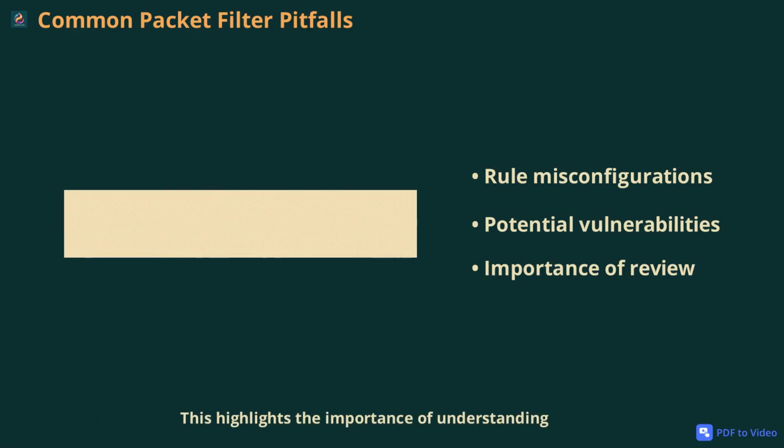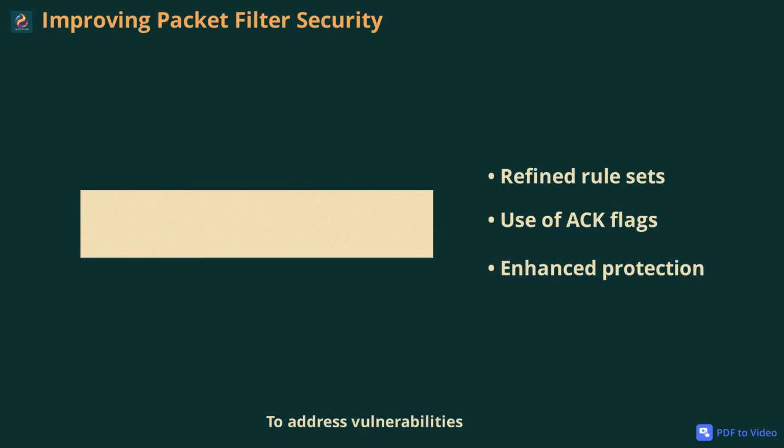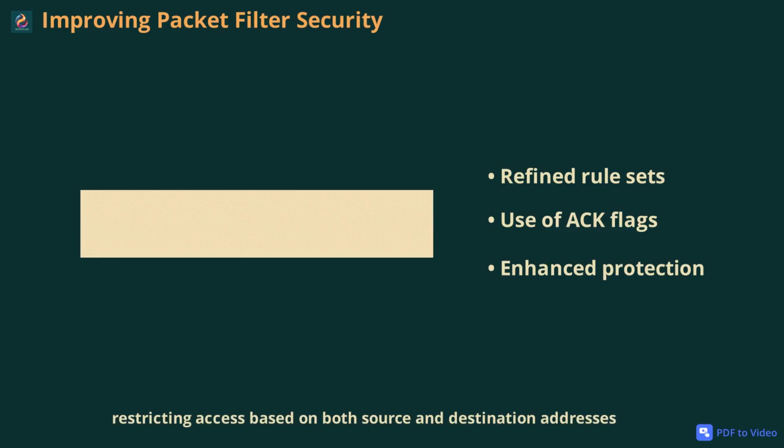This highlights the importance of understanding both the source and destination of traffic, as well as the context in which rules are applied. Regularly reviewing and testing firewall rules is essential to avoid common pitfalls and ensure robust security. To address vulnerabilities, it's crucial to refine your packet filter rules. For instance, restricting access based on both source and destination addresses, and using flags like ACK to distinguish between new and established connections can significantly enhance security. By allowing only specific types of traffic and responses, you reduce the risk of unauthorized access and ensure that only